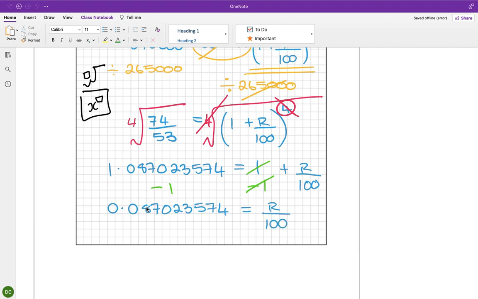And then finally, I am trying to get r. The r is being divided by 100. So the opposite of that is multiply by 100. And that will take out that. But if you multiply by 100 on the right, you have to multiply by 100 on the left. So, minus 1 and multiply by 100. So I get